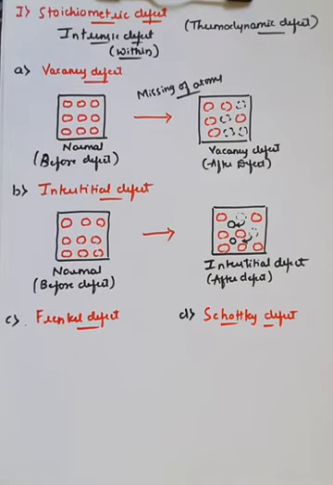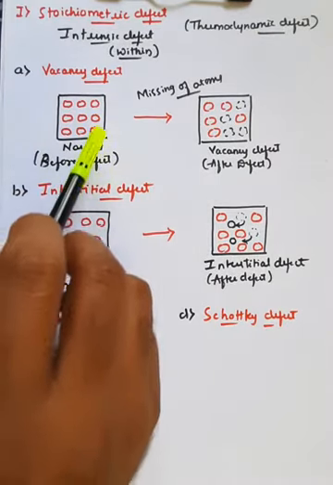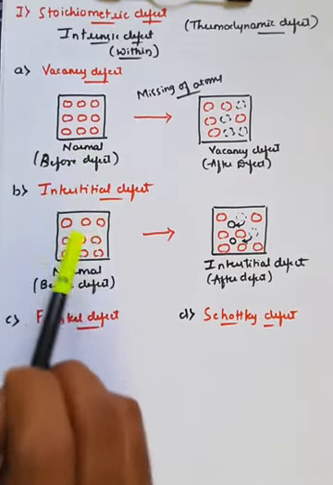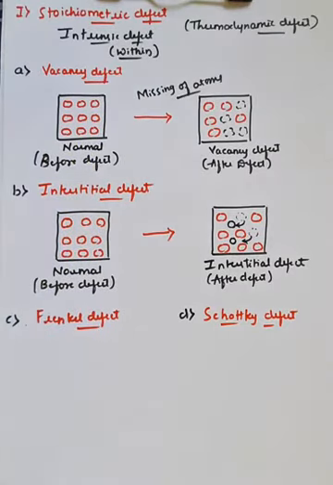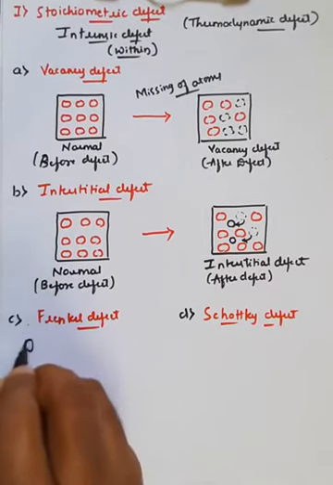So in case of Frenkel defect, what happens? Dislocation of cations from the normal site to the interstitial site, right? So it is similar to the interstitial defect, in which there is a dislocation of cations from their normal site to the interstitial site, right? So you can define it as dislocation of